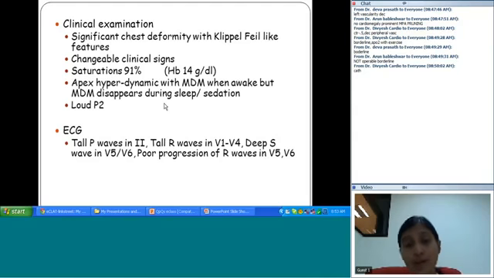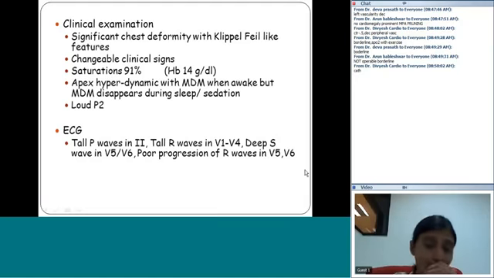In a patient like this, you may say, okay, the stats have improved with oxygen, but are you going to give him oxygen 24 hours of the day, 7 days of the week? No. So then you are in a little bit of a bind, because at the end of the day, it is not just working out whether the cause is respiratory or cardiac. It is also real life. So in real life, what is going to happen to this patient? So in the presence of respiratory or chest wall problems, you do have to take that into consideration when you're making a management decision. So anyway, going back to this guy, he had a loud P2